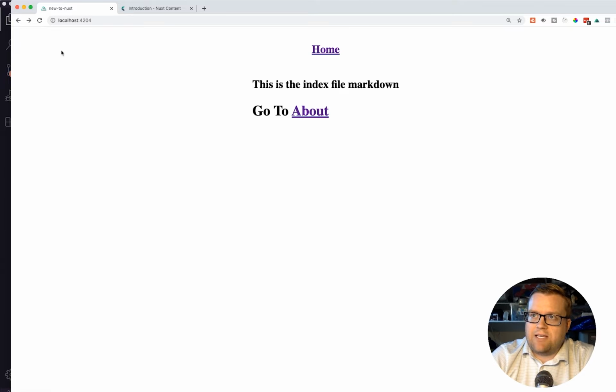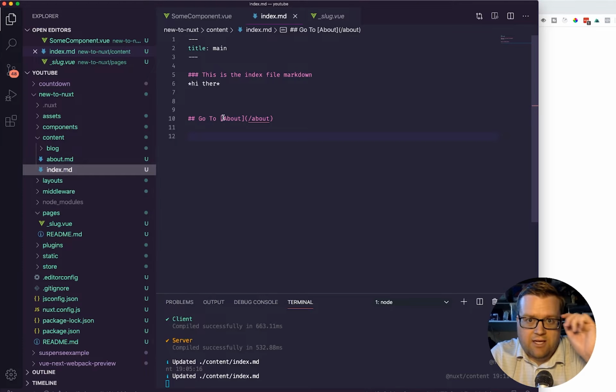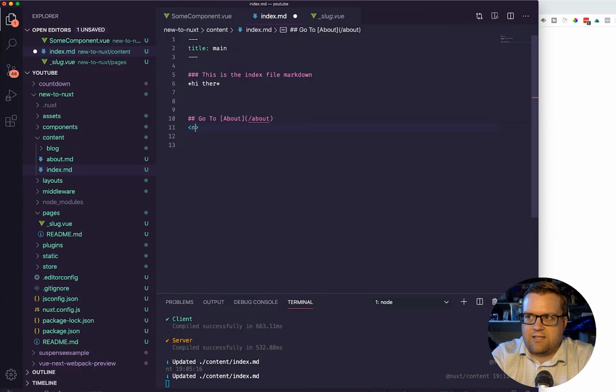I also put a link in here. If I go back into my index file, you can see here's the way you do markdown links, and that works. You can also do Nuxt links as well. That looks like this, Nuxt-link. So if I want to do a Nuxt-link to about,